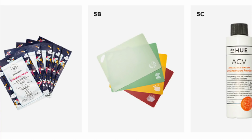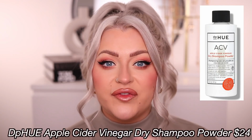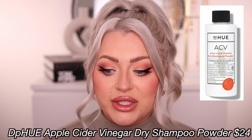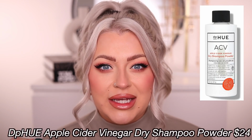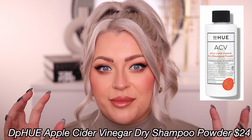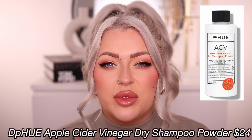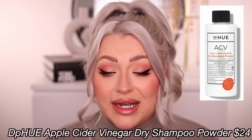So I knew immediately, you can never have too much dry shampoo. At least that's the way I feel. I love trying them. I feel like it's such a revolutionary product. It's just something to get you through washing your hair every day. If I feel kind of gross and nasty, just refreshing my hair with dry shampoo makes me feel better overall. And it's really hard to find one that doesn't weigh your hair down or that actually sucks up